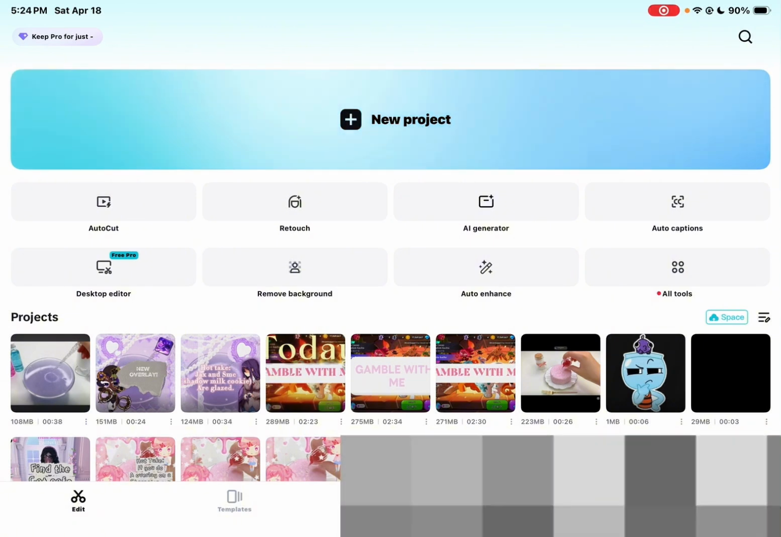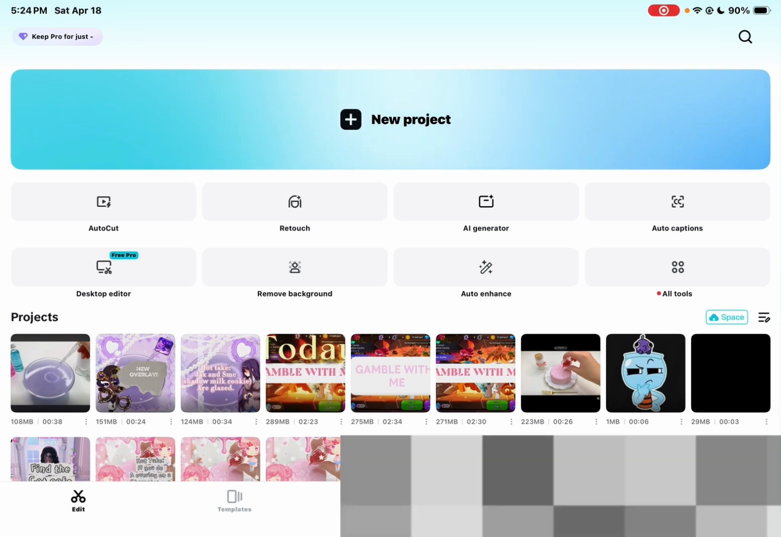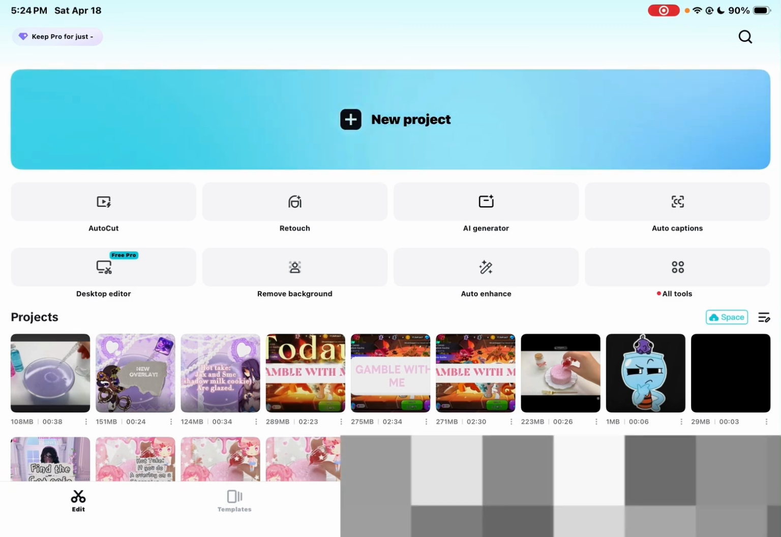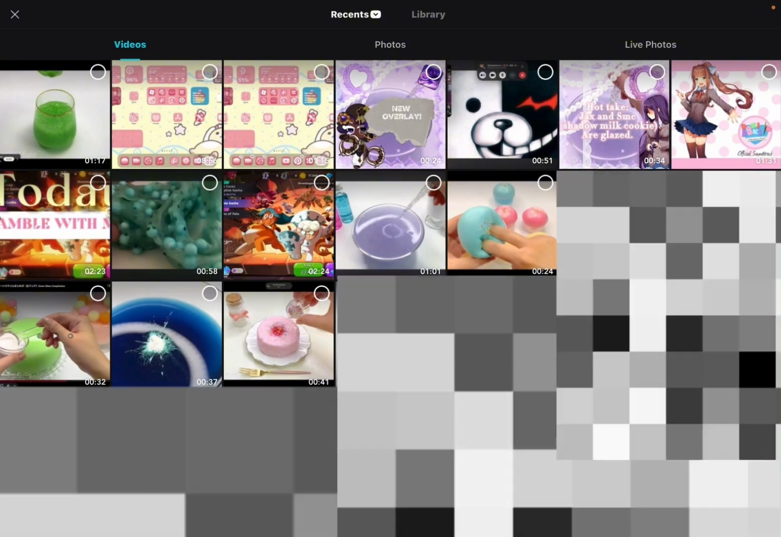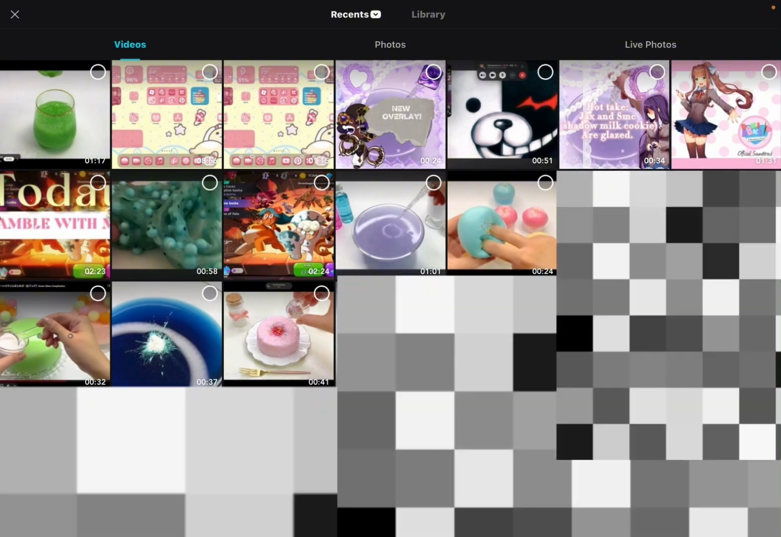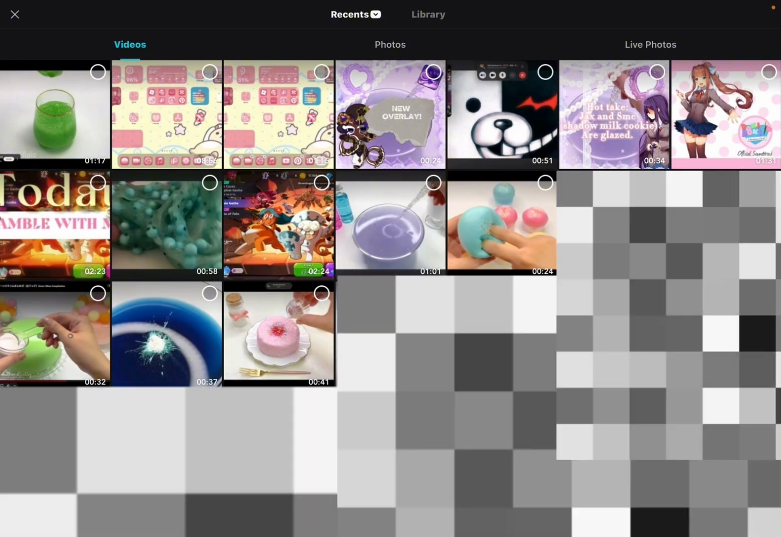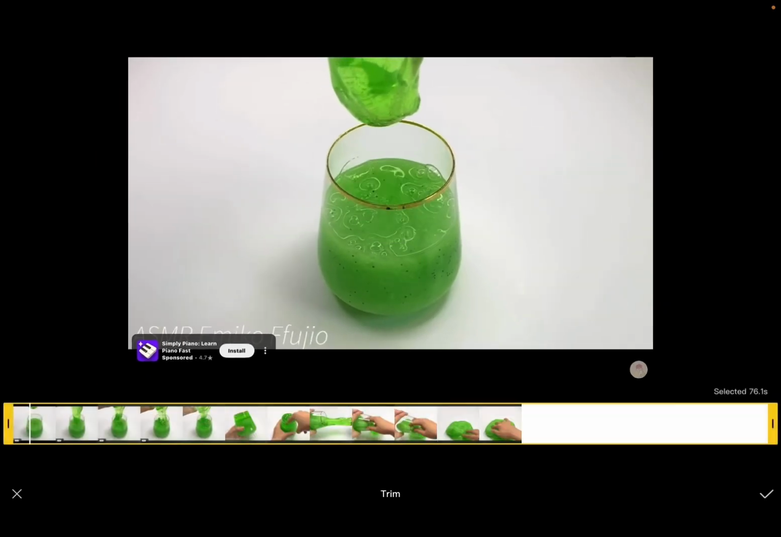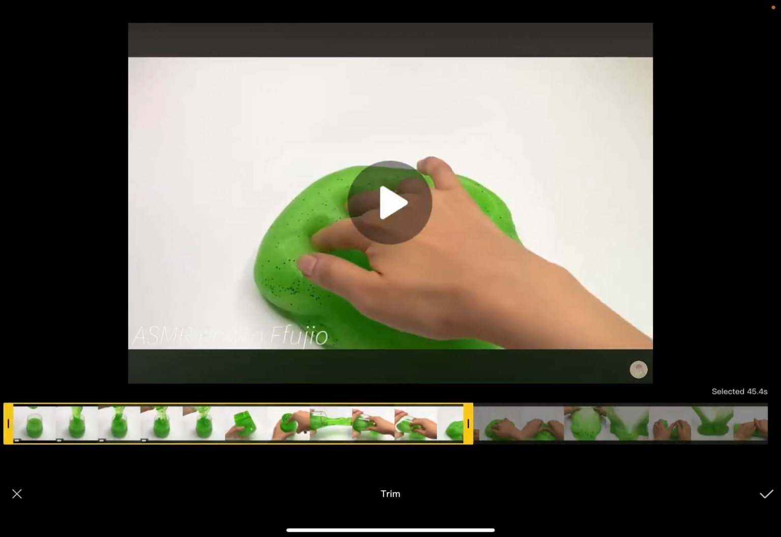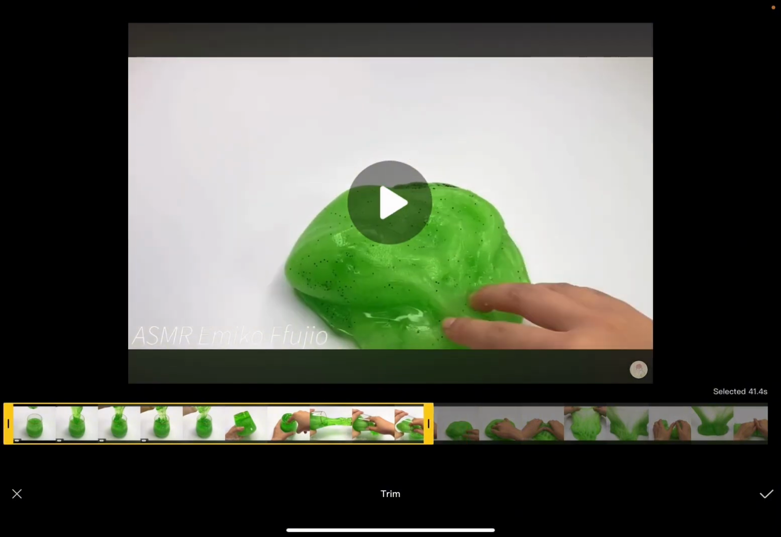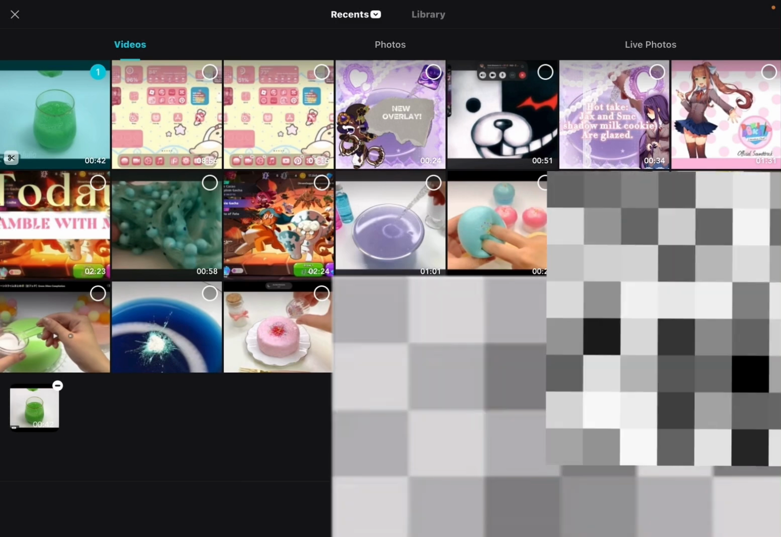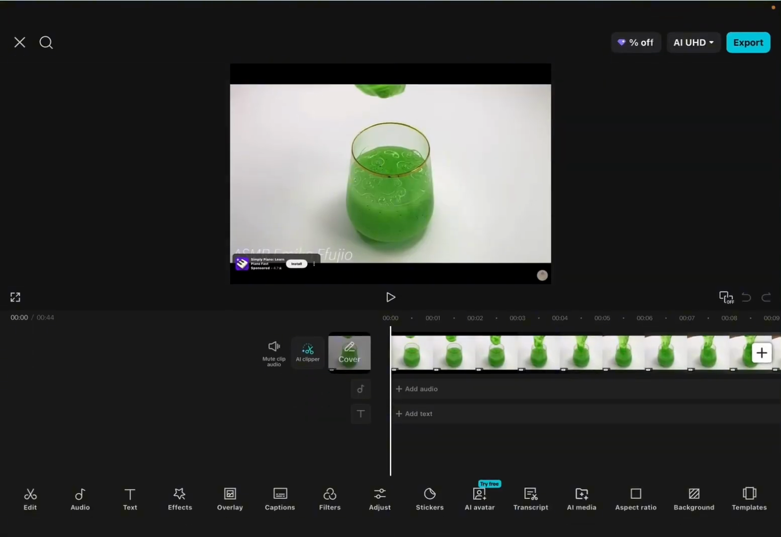So now we're on CapCut. So first we're gonna press new project. So after we press new project, we're gonna want to press the slime video. So you can trim it to however long you want it to be. I'm gonna do mine for 41 seconds. And it's not gonna be a video, but it's gonna show you how to import and what to